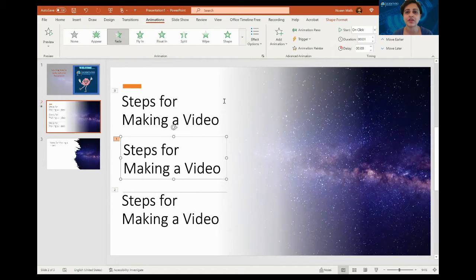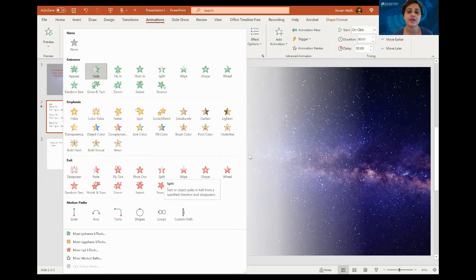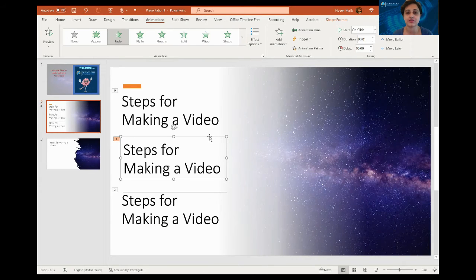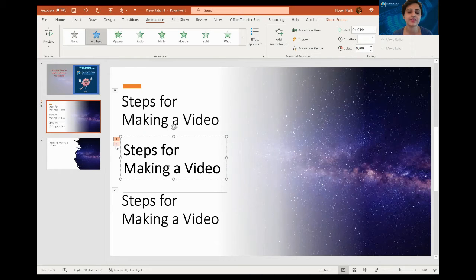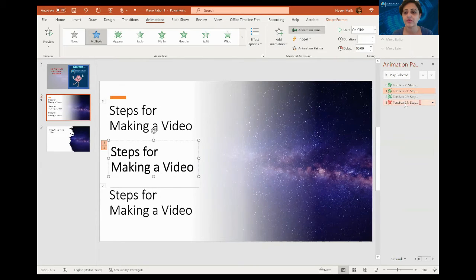So let's add one more animation. When you have to add more animation, you don't go here, because if you add anything from here, my previous animation will disappear. So what I will do is go to add more, and I will select disappear. Let's say that it is disappearing by fading too. So now it is number 3. You go to your animation pane and move it here, so that it disappears when the third point is coming, right? So when the third point is coming, you will add it to with previous.